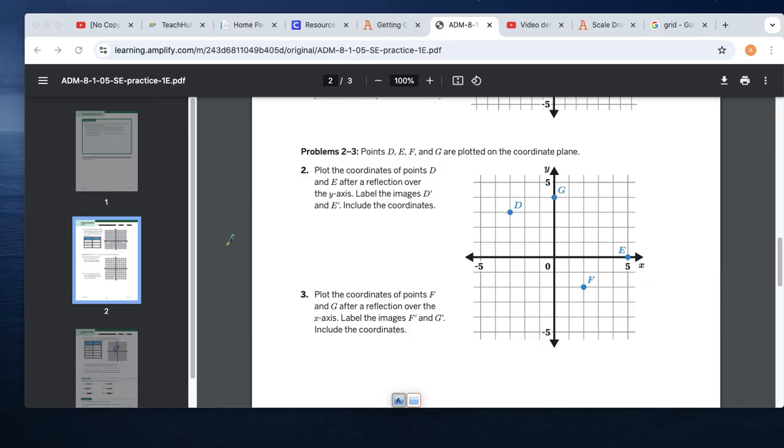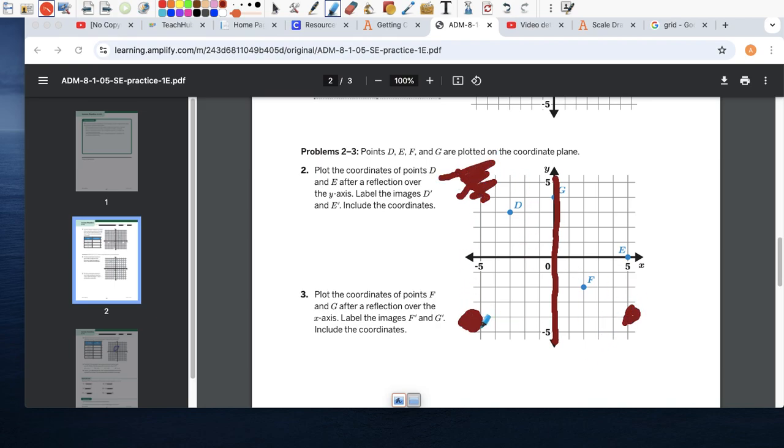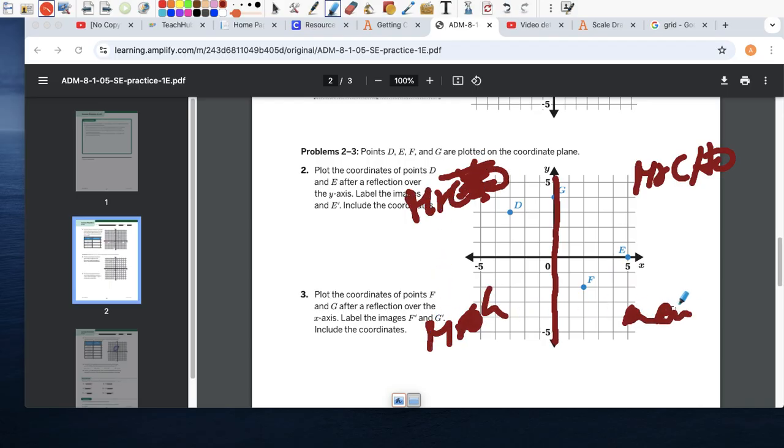Reflection over the y-axis. So what I always tell people is to take a highlighter or something, and highlight the line of reflection. So we're going over this. So if you're here, your reflection is going to be here. Right? You're not going to go up here. That's not where you want to go. So you're going to go left to right. So if you're here, Mr. Cho is here. His image would be on this side. Okay, not down here and not down here. That's a no, that's a no. If we're reflecting over the y-axis, if I'm standing here, my image will be on this side, really distant from